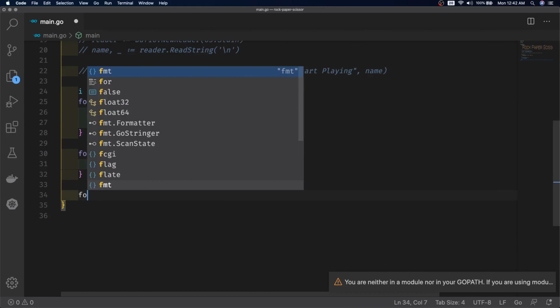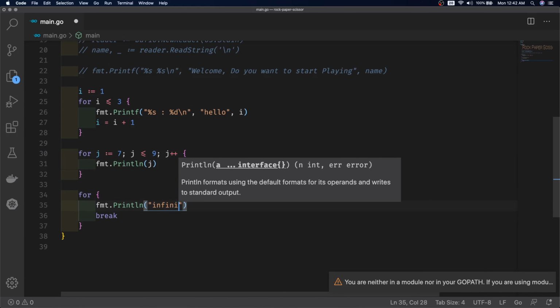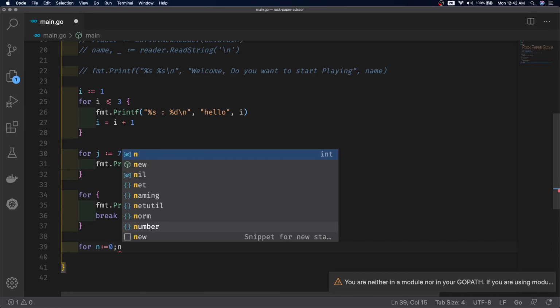So a for loop has two more statements: break, to stop the for loop whenever we want, and continue, which will skip the current iteration instead of breaking the full for loop. Here is an example of the continue statement.